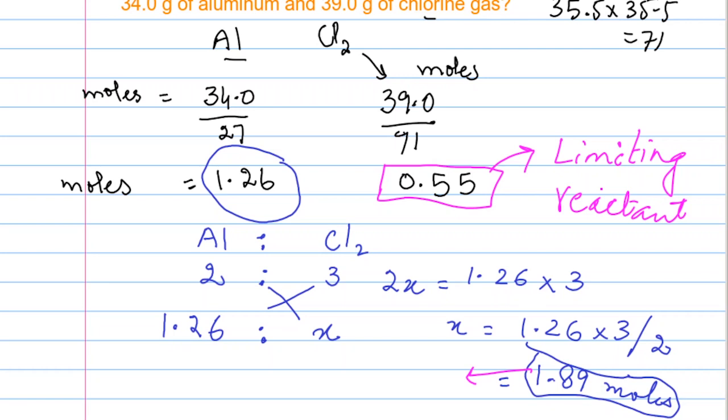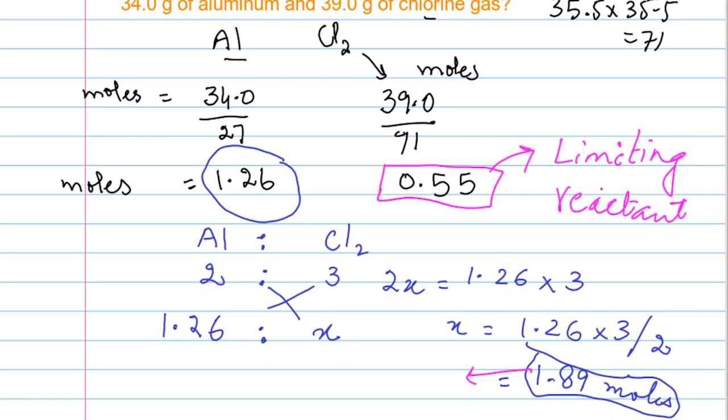So don't forget what we have done. First, in the first step we calculated the moles, then we did the comparison with the ratio method with the moles given in the equation, right? That is a standard equation. Just like we did the examples in the previous question, we have to do this. So 2 moles react with 3 moles of chlorine, and we have to do the comparison with the quantities which we have.